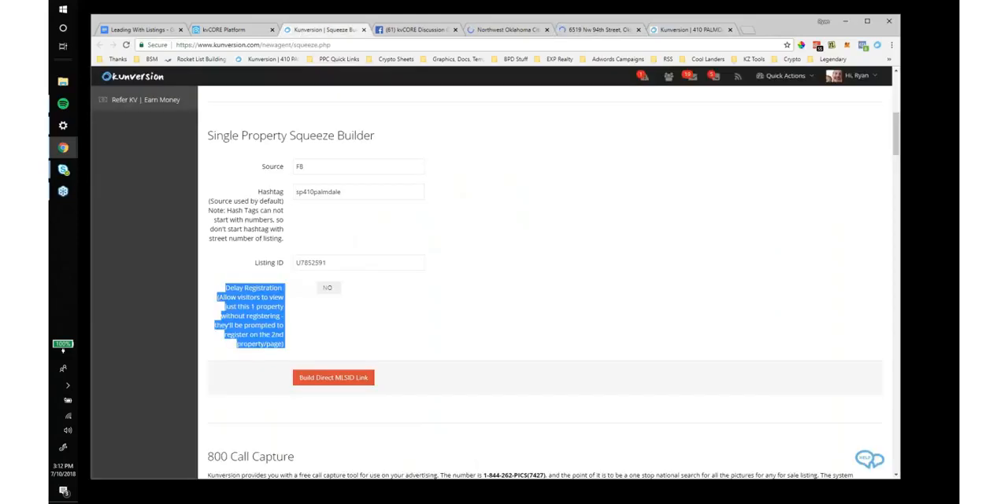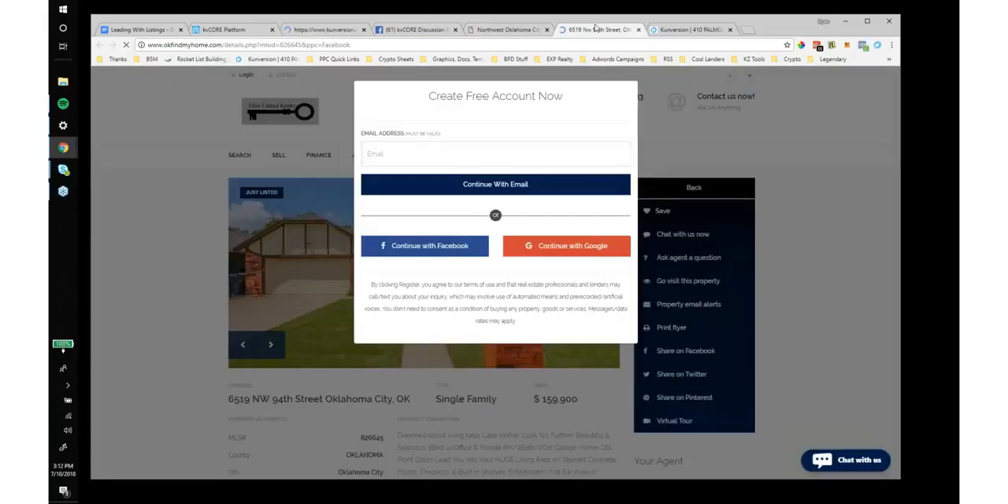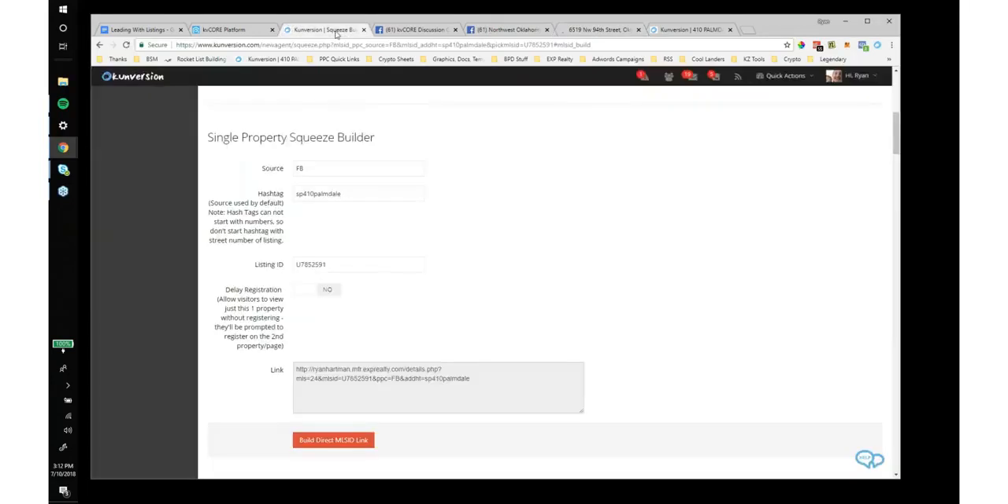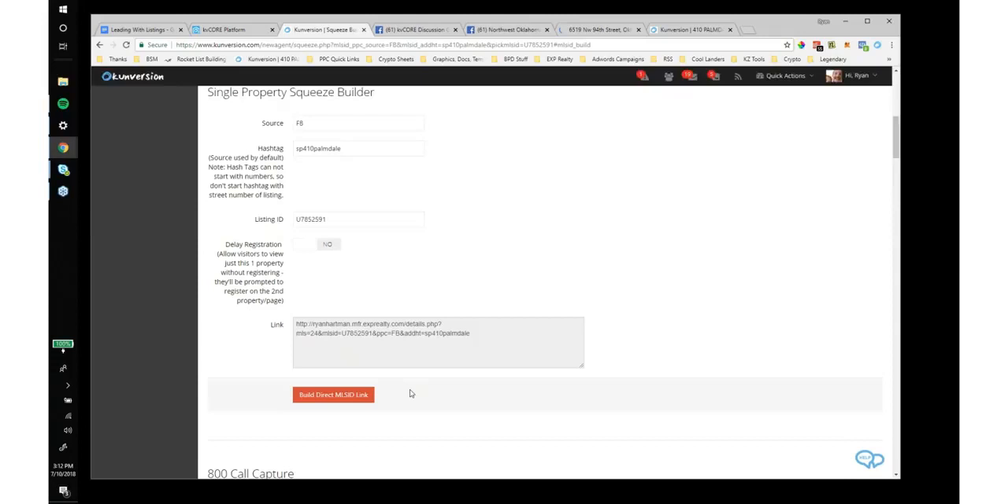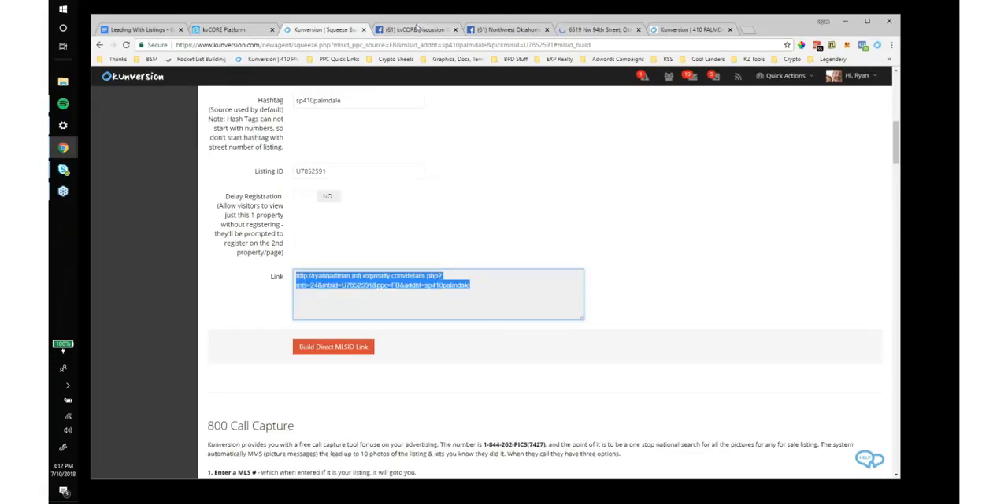So let's build the MLS ID link. So here was Kyle's example. When the person gets to the page, Kunversion or KVCORE will tell them to register right here. So that's what I'm doing here. I now have my link to use. Okay. And the next thing I'm going to do